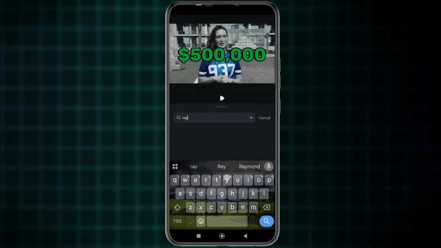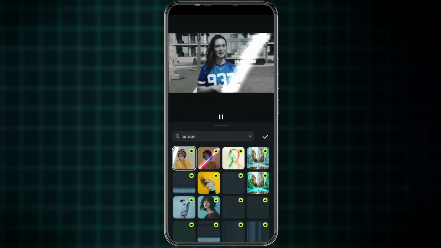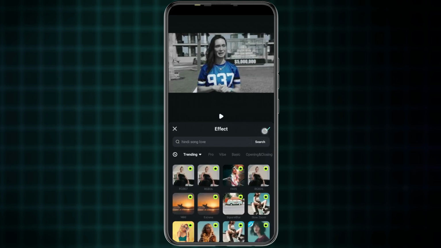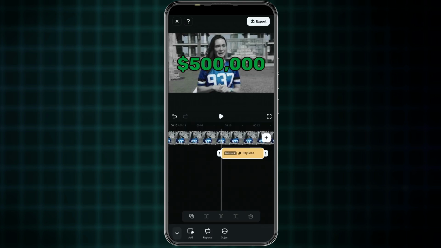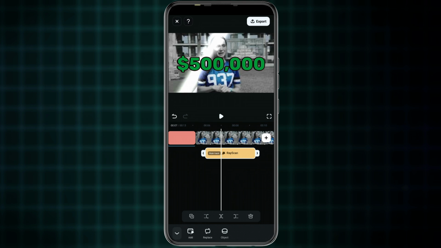and then search for the effect called Ray Scan. Once it shows up, select it over there and then it starts showing up in the timeline. Right here you can select your effect and then go to the effect setting right here with this option that